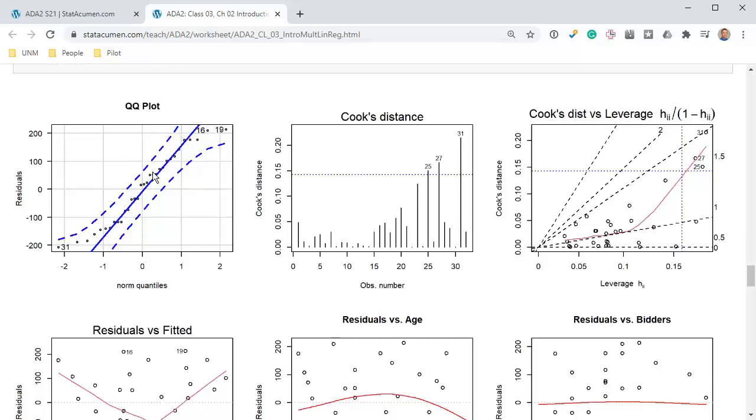The first is the QQ plot that asks whether, oh, you know what? All right, sorry, I'm looking at something else. So the first plot asks whether the residuals are normally distributed. That's one of the model assumptions. And if the points follow this center blue line, and there aren't too many of them outside these dashed lines, then generally speaking, I would say that the residuals follow a normal distribution. You do see some systematic deviation from this. There are deviates to the left of the line in the left tail and deviates to the right of the line in the right tail. So there's a little bit of evidence there for